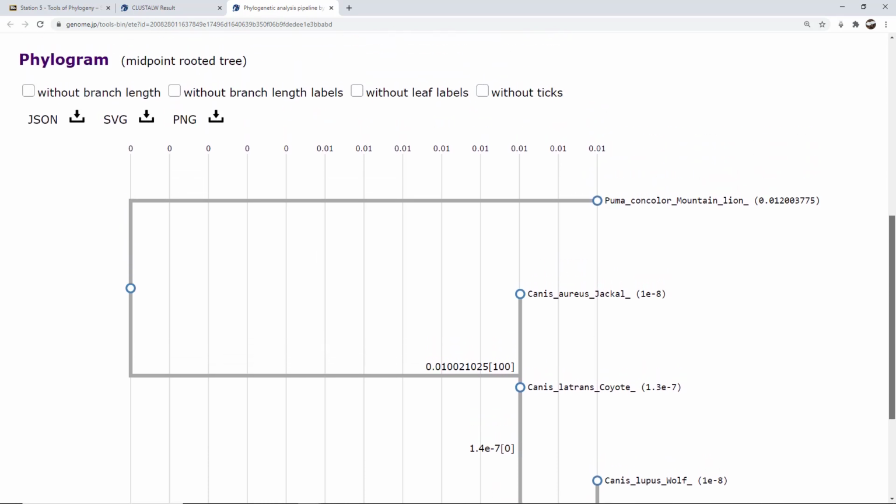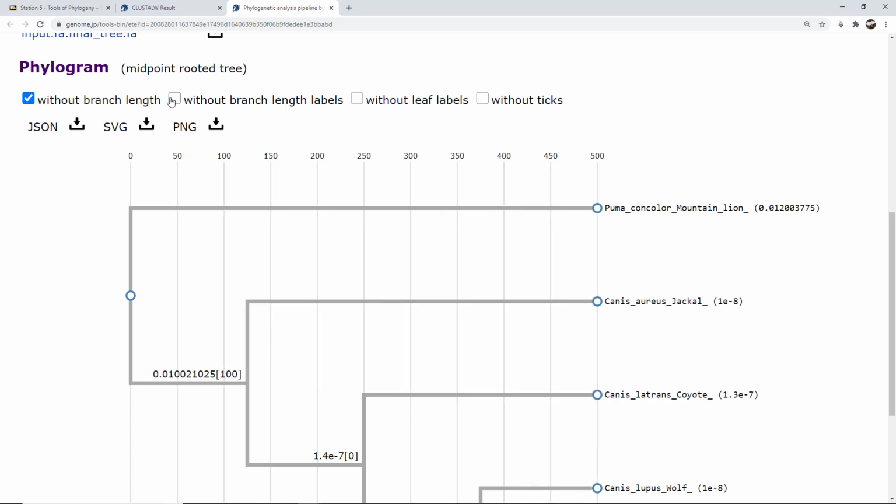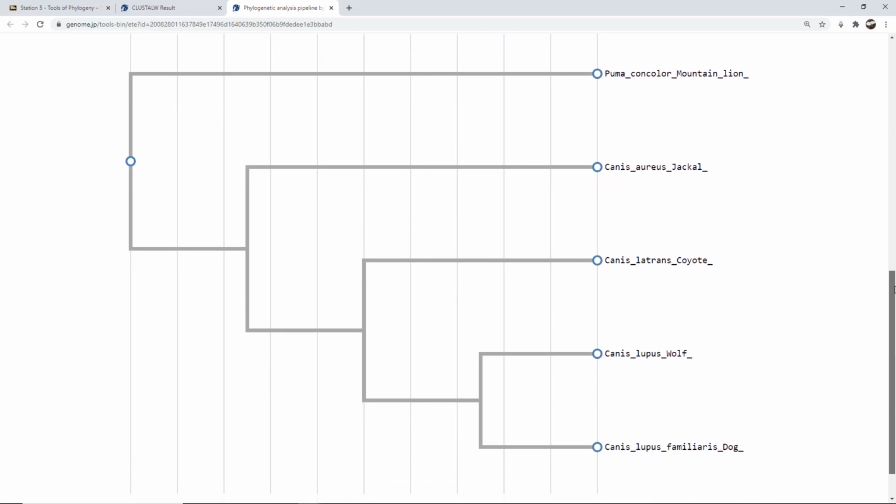If I were interested in branch lengths, I could be using branch lengths based on the number of differences and how much change has occurred. I can use that for a variety of different reasons, but again, it's beyond our lab here. So I'm going to click on the options of without branch length and without the branch length labels. And so I get a nice tree here showing us the relationships of these 5 organisms using something called mid-root